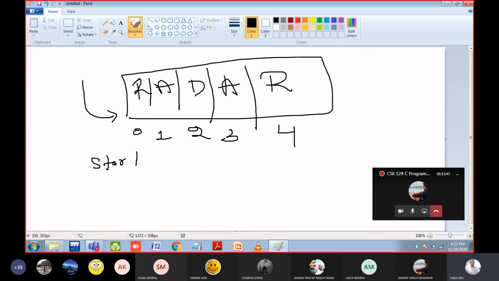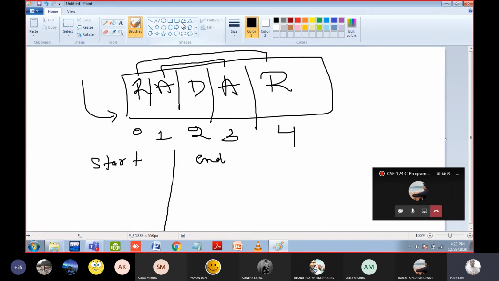Because palindrome means you can read the word from left to right or from right to left. Means the first and the last character will be same, the second and second last character will be same, third and third last will be same, fourth and fourth last will be same. Yes or no? So we will use this particular logic to check whether a particular string is a palindrome or not.